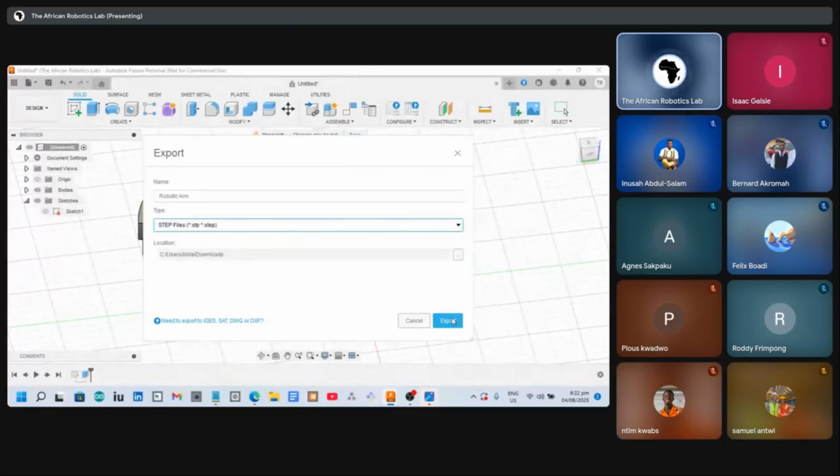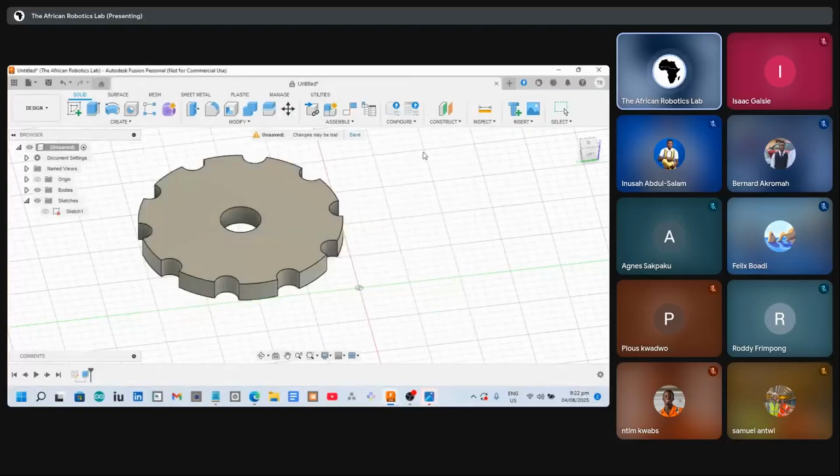And then you can just export it. So you just have to choose the location. If it's going onto your downloads, you just click on export. That's it. And then Fusion 360 is just going to export it for you. Yeah. So it says export complete. So we can just open